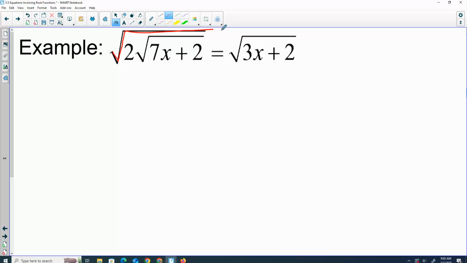So how do you cancel a square root? Okay, so if I square each side, what happens on the left, it cancels this outside square root. So we're left with everything that was underneath it. On the right, when you square, those cancel, and we get 3x plus